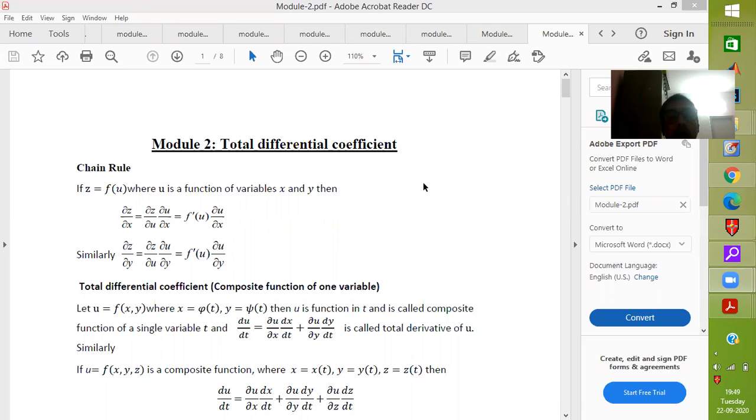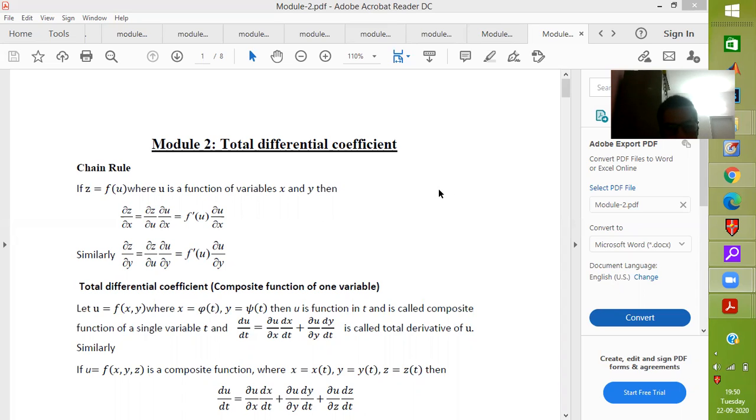Now, we know that when we talk about partial derivative of z with respect to x, we keep the variable y constant and then explore how z changes with respect to x. Likewise, when we talk about dou z by dou y, we try to observe the change of z along the y direction, holding the variable x constant.